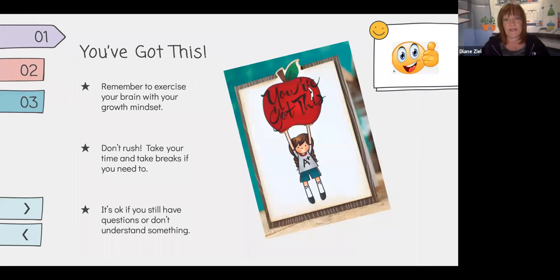Most importantly, what you need to remember is you've got this. Remember, exercise your brain with a growth mindset. Don't rush through this. Take your time and take breaks if you need to. It's okay if you still have questions or don't understand something. Seeking answers to those questions is the best kind of learning and self-assessment you can do. Good luck. I wish you luck. Rewatch this video as many times as you need to help you with your